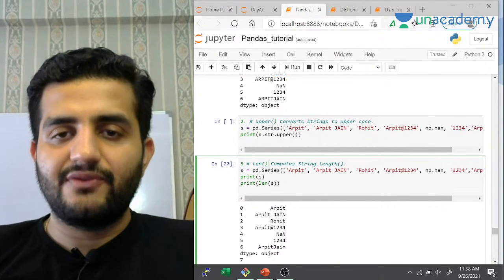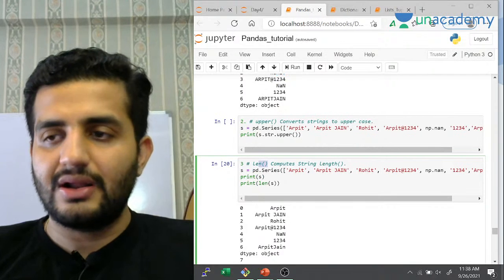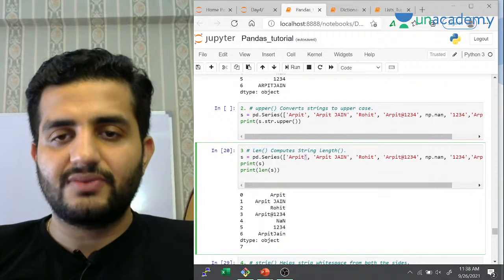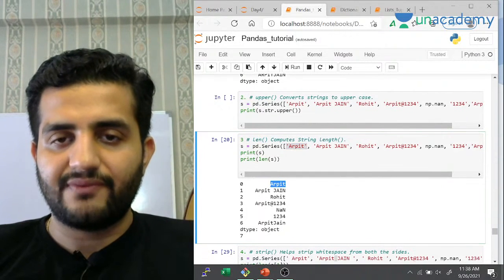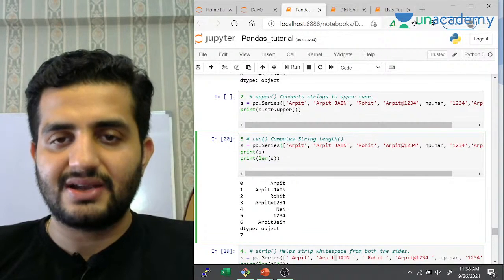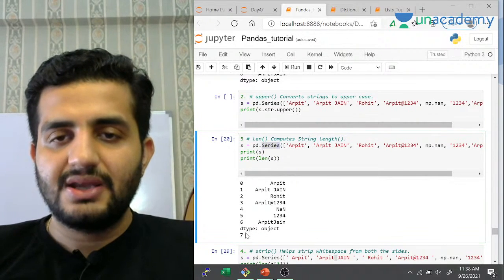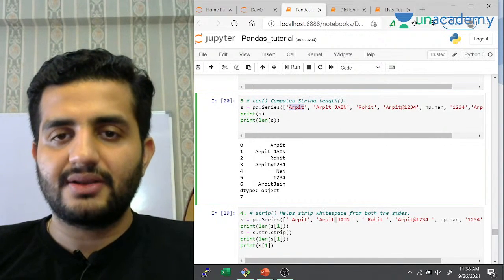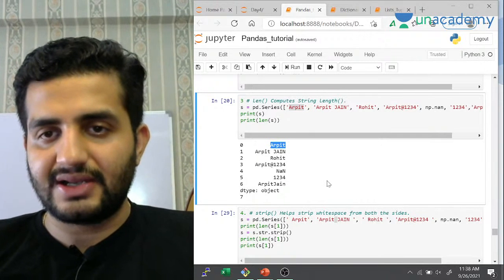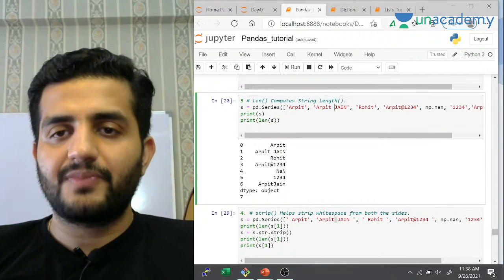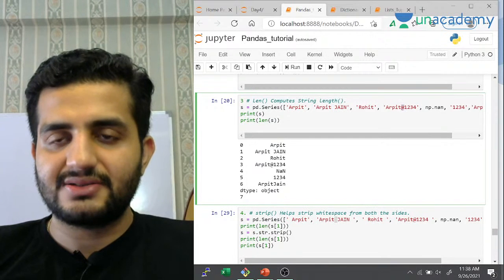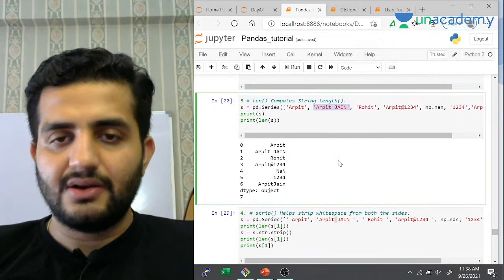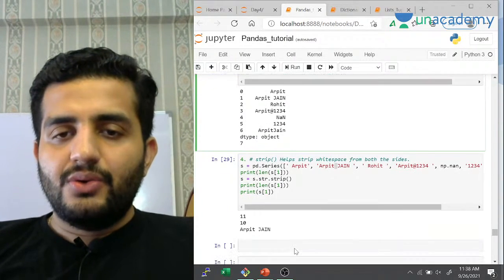Length: if you apply length on a series object, it will count the number of elements the series or collection object has. But if you apply it over a particular string, you'll get the number of characters. If I pass it over the entire S, which is my series collection object, it returns the number of elements. But when I pass it over a particular element of my series, it counts the number of characters it has. Always remember, it will still count the spaces and the special characters, because they are part of my quotes.